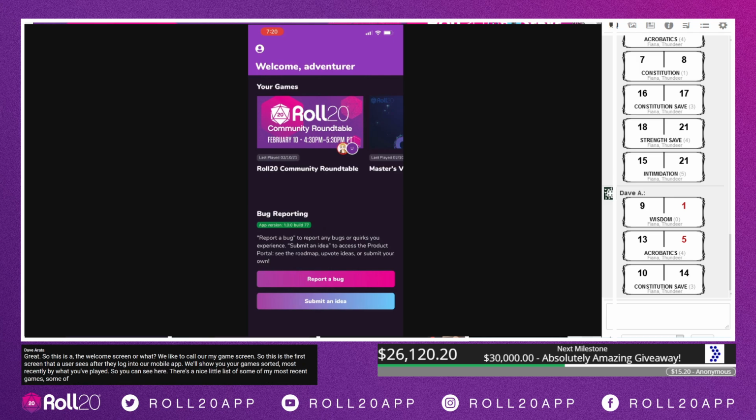There's plenty of games on Roll20, and some people spend a lot more time setting them up. But if you don't have all that imagery set up, we do give some nice new artwork for some default images. Then there's some stuff coming in from modules that I have set up in my games. So if we go into a game like this community roundtable game,